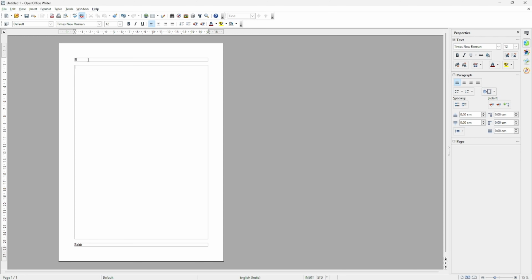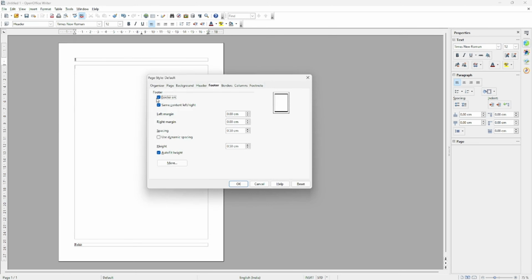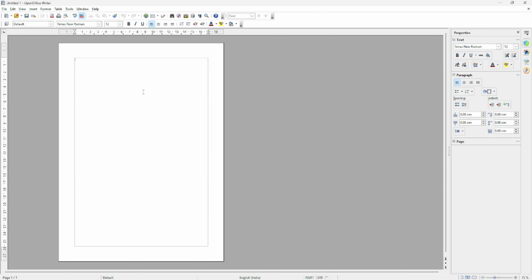Now a twist: how can we remove it, means if I want to delete, how can I delete that? Simple way, format, page, go in the footer and click on this footer. See, remove footer, header or footer, delete the content, means whatever you had written in the footer will get deleted. For example, I had written Rohit in the footer. After clicking on yes, it will get deleted. But you also have to click OK, and only then will these functions be applied. Okay, now see, gone. Header and footer also deleted. Like this we can do. Done with header and footer.